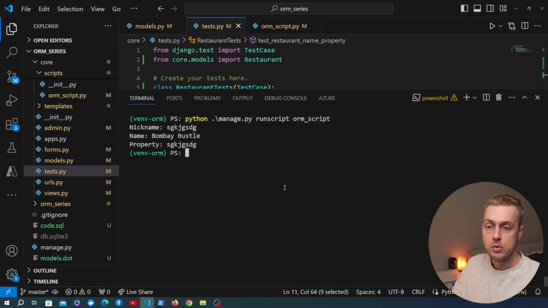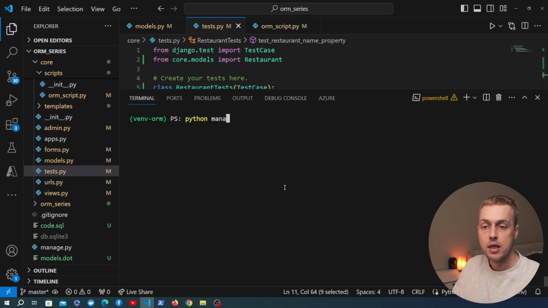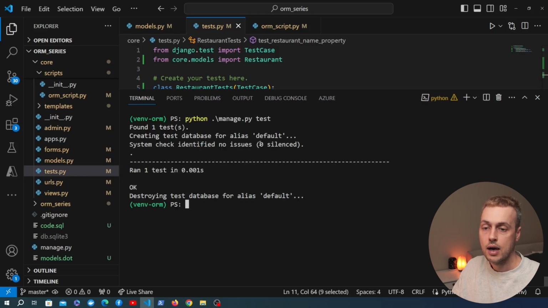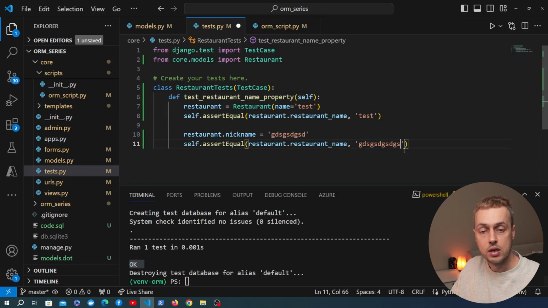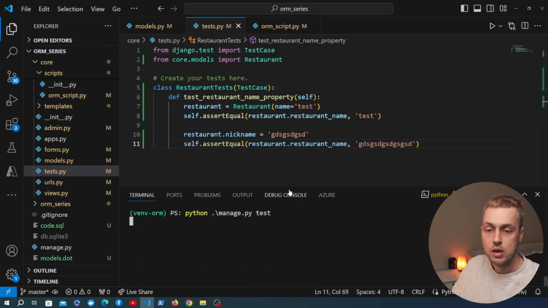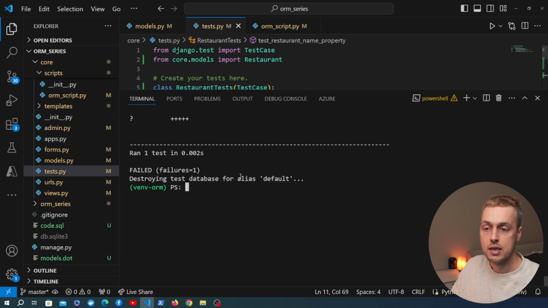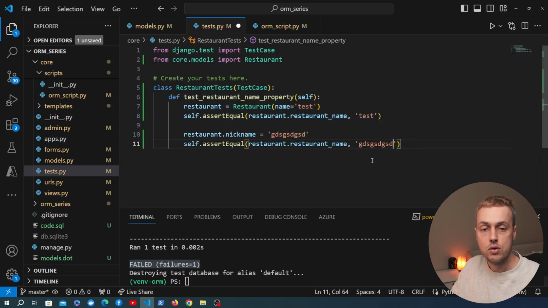If we go back to the terminal and clear that out, we can run python manage.py test. And when we execute this, we're getting back a result here. One test was run and the results are okay. And just to make sure this is all working properly, if we change one of these properties and we rerun the tests at the bottom, we're going to get back an error in this case. And you can see that one of the tests has failed in that case. So this is how you would unit test some of these properties that you can write on your Django model